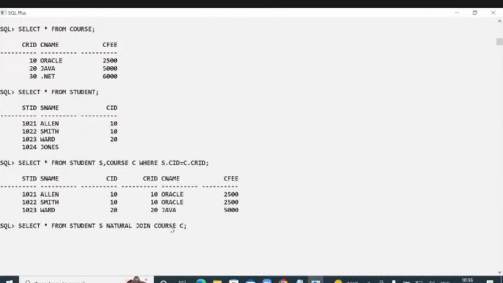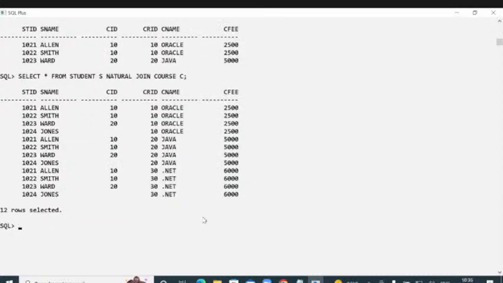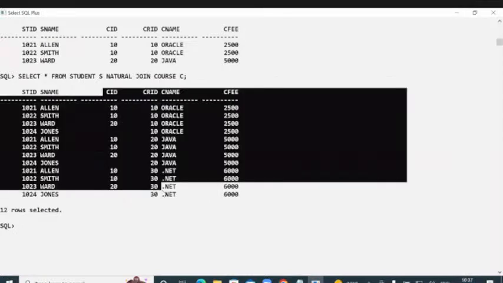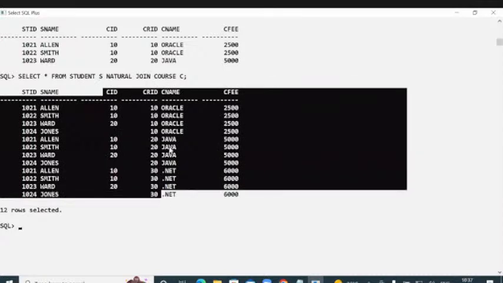We can go for this natural join. I'm writing natural join. What was happening? You can see, natural join is not working. This is which join showing? Cross join showing. The reason is, natural join works when you use a common